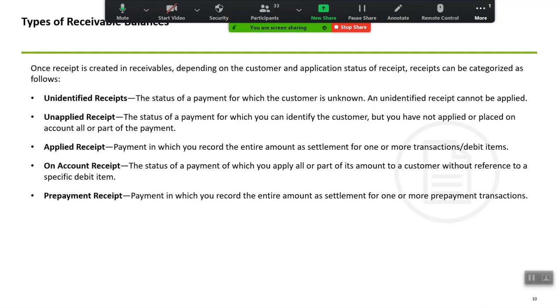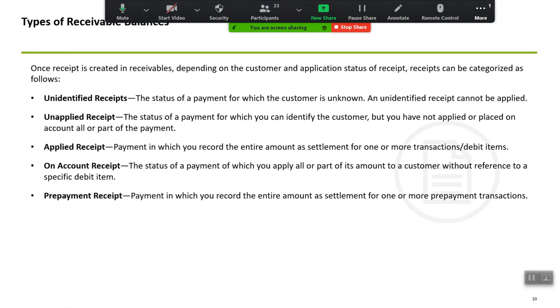So till then, if I do not input any customer information in the system, and if I go ahead and create a particular receipt of the type standard, then that receipt is tagged as unidentified receipt. Every line that you see here, unidentified, unapplied, applied, on account, has a specific accounting entry associated with it.